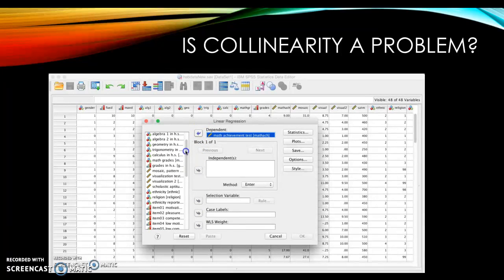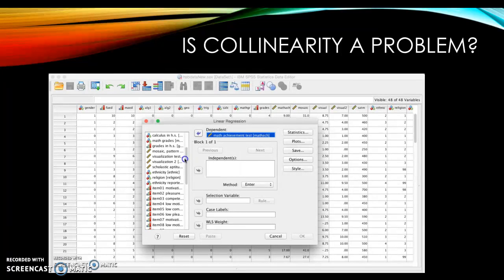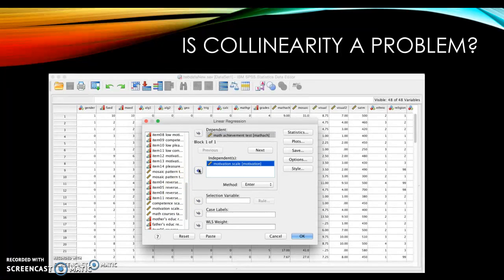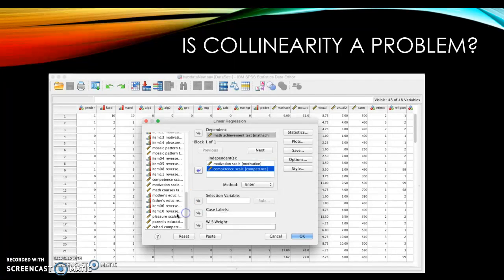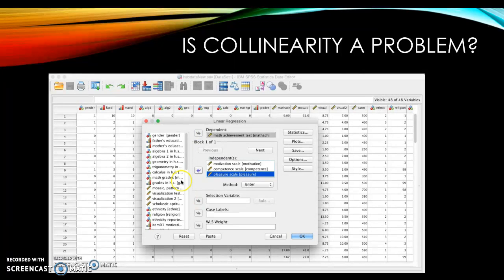So we will select our independent variables. Those are motivation scale, competence scale, pleasure scale, grades in high school, father's education, mother's education, gender,